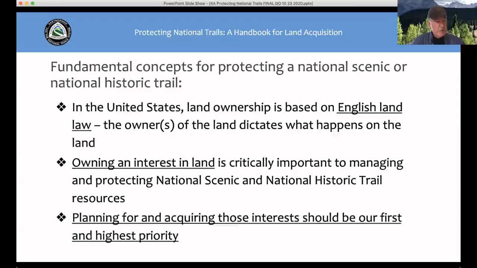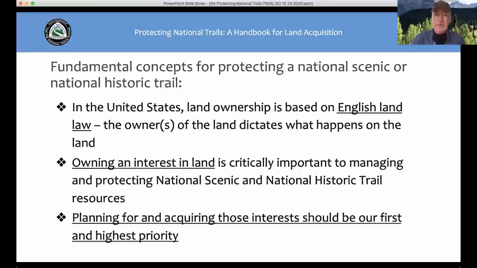These are some of the fundamental concepts that I'd like to discuss. And I know many of you have heard this before. Land ownership in the United States now, for better or for worse, is based on English land law. The owner of the land gets to say what happens on that land, subject to local zoning. And owning an interest in land is really the only way that you can determine how